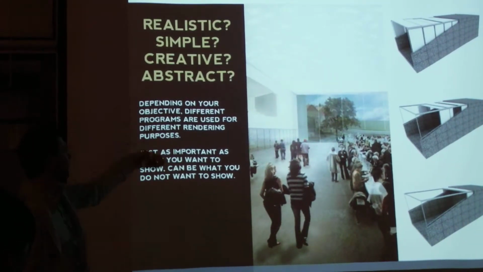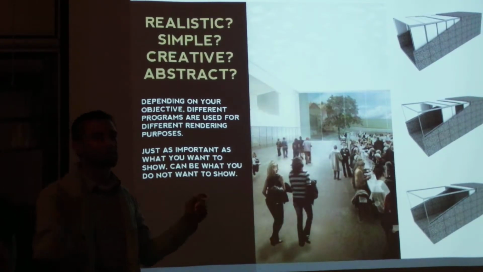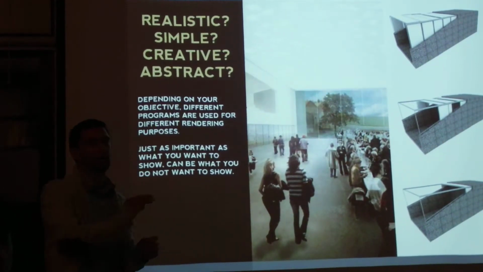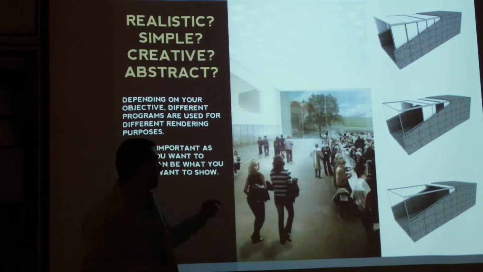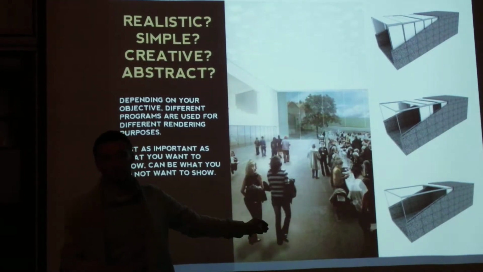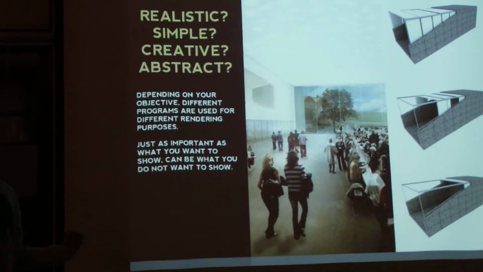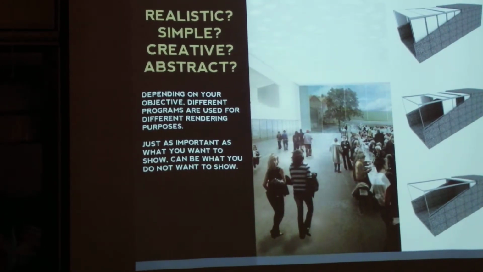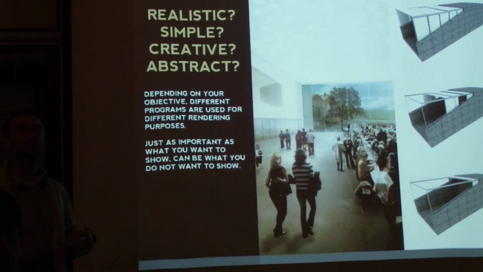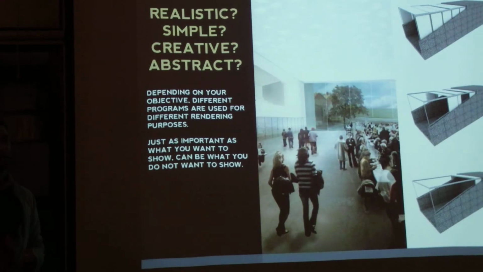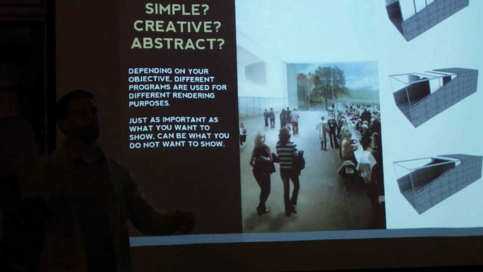Okay, so some things to remember going forward is you can break out of the box. It's okay to not want to do a rendering that has people in it and trees and all this stuff going on. Actually, whenever you do a realistic rendering, you're going to be compared subconsciously in that juror's mind or that client's mind to something else that they've already seen in magazines and things like that. So if you don't have the time to produce a really good realistic rendering, sometimes the artistic renderings will allow you to still show the major ideas that you're trying to show, while at the same time you're not being compared to a million